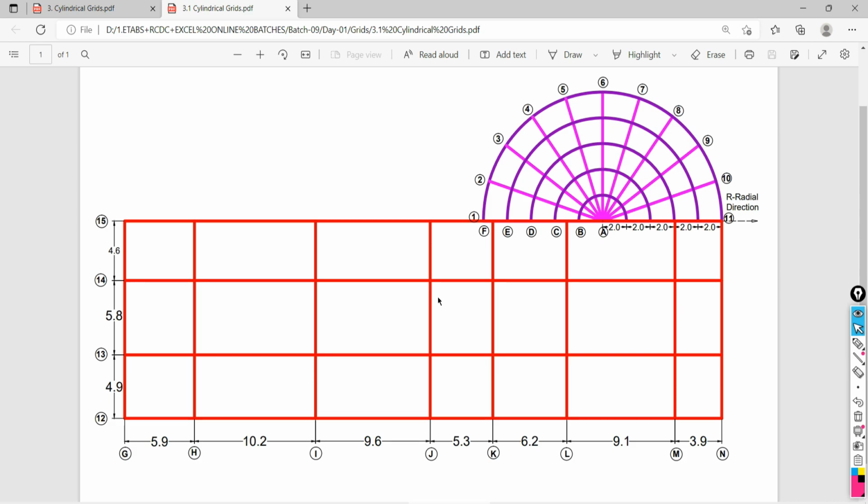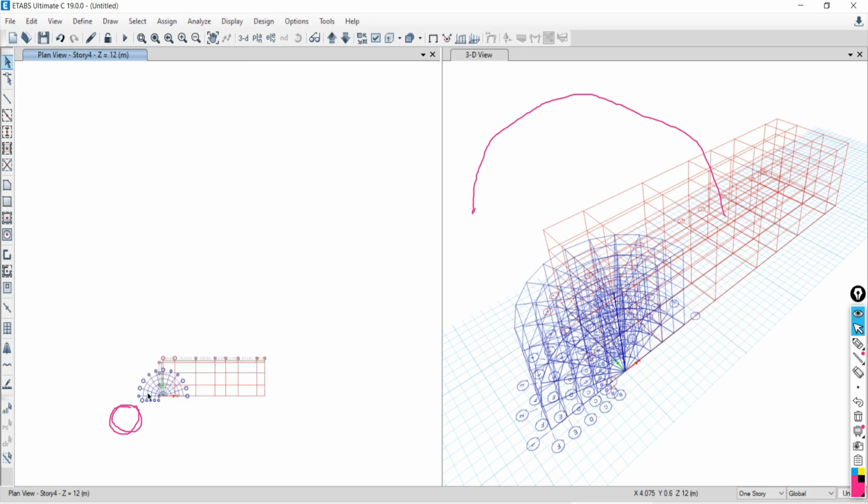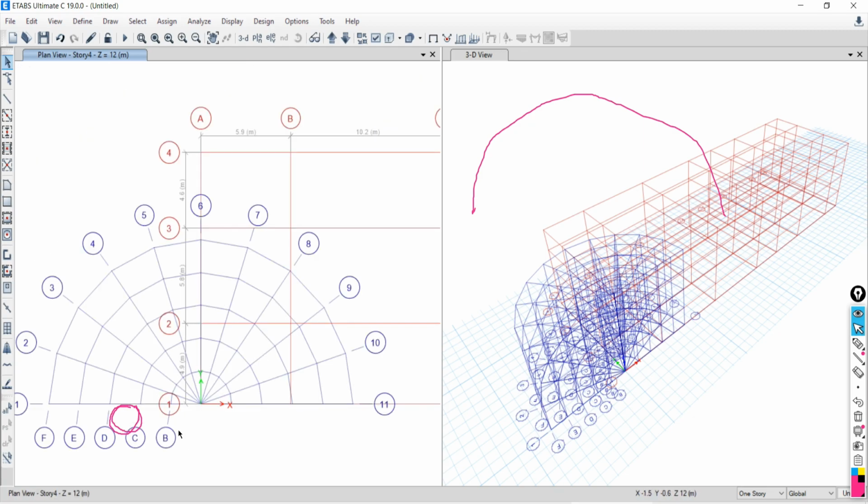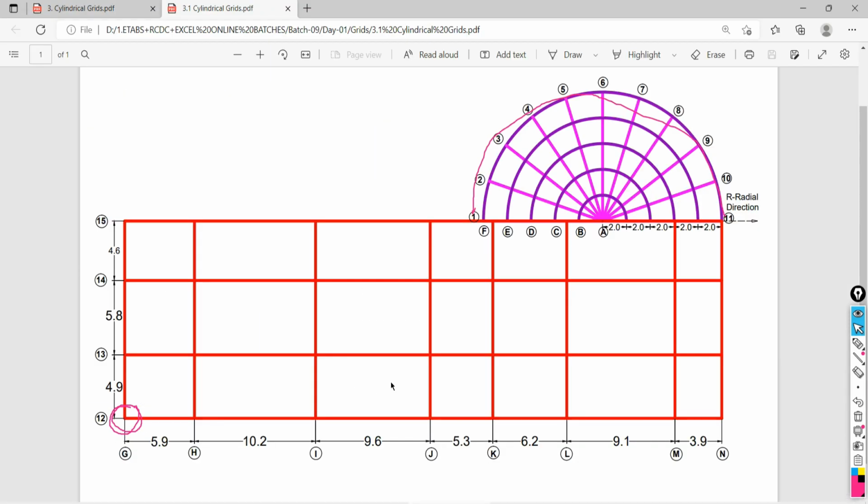We have to change the origin. It is at the origin, and we have to put it at this point. So how can you do that? Basically, if I am considering it as 0, 0, go back and let's check whether it is at 0, 0 or not. Yes, it is at 0, 0. So this point is actually 0, 0. So in reference to this origin,